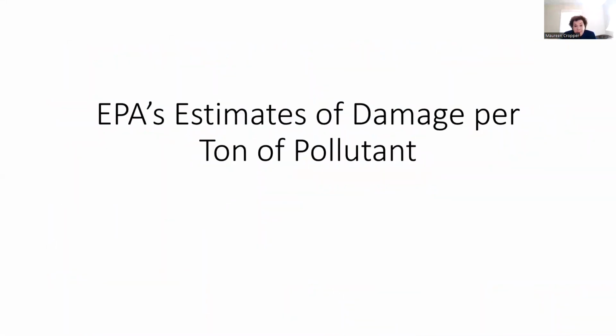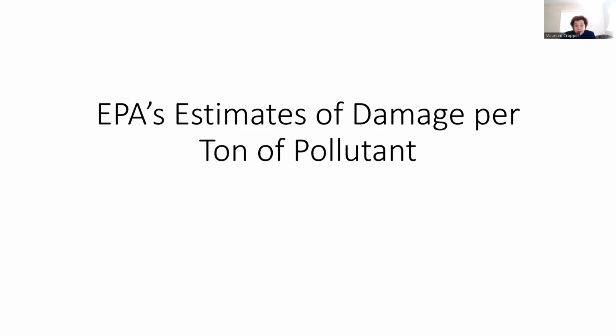Okay, let's turn to EPA. So EPA developed the apparatus necessary to value local pollution emissions back in the 1990s. It was then that the agency began to conduct cost-benefit analyses of the Clean Air Act. This was required by Congress in Section 812 of the 1990 Clean Air Act amendments, and this meant that EPA had to develop the apparatus to go from emissions or changes in emissions due to the Clean Air Act to changes in ambient air quality, to damages, and then valuing the damages.